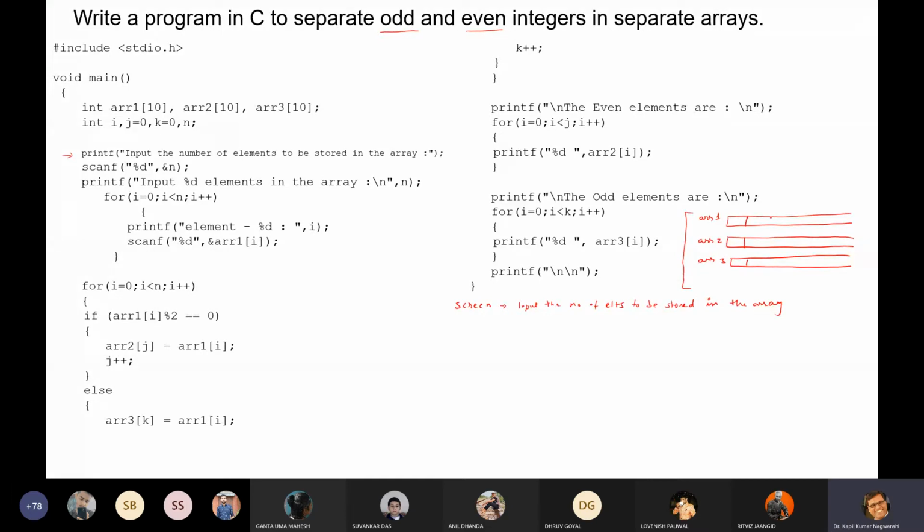So 0th element, first element, second element, third element, fourth element, and fifth element: 0, 1, 2, 3, 4, 5 for each array. And 10 will be somewhere else here. 10 and 10.